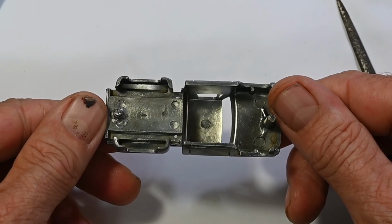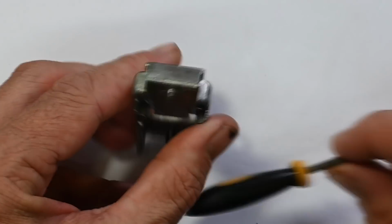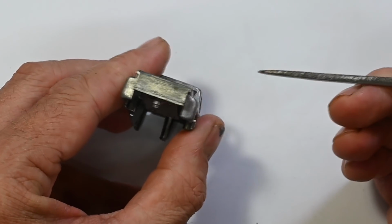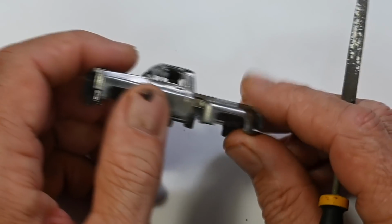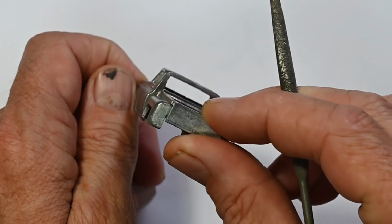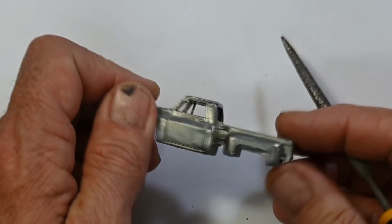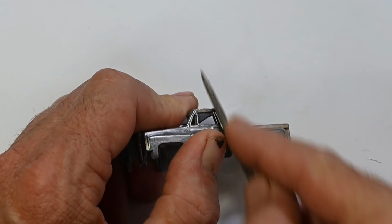There are some rough patches on it though. The rear here, there's some sort of rough casting lines. And on the roof, you can see that side's good, but the side has, I don't know if it's a casting line or it actually looks like it might have been banged with something. Anyway, it's a sort of a flap sticking over, so I'll remove that with